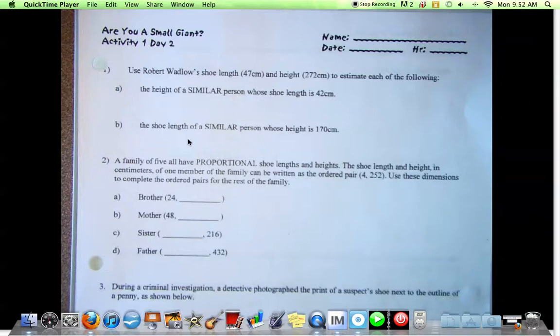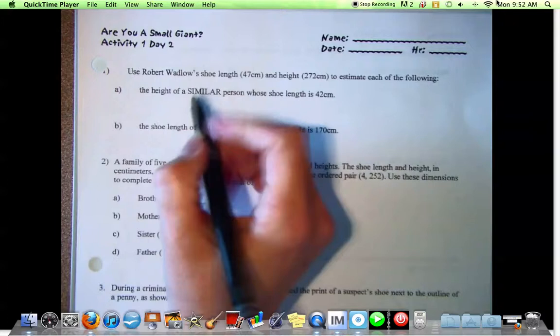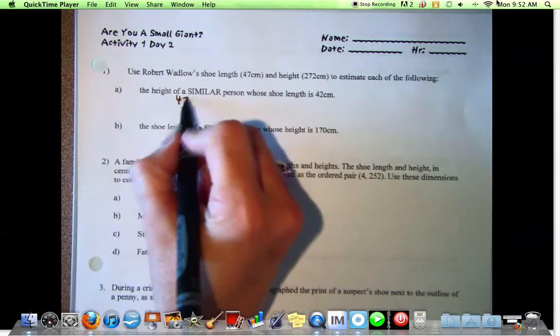All right, use Robert Wadlow's shoe length, which is 47 centimeters, and height, which is 272 centimeters, to estimate each of the following. The height of a similar person whose shoe length is 42 centimeters. So what would I need to do to find this height? Okay, what's that called when I set that up? A proportion. All right, so I have the shoe length of Wadlow, which is 47, and that's similar to